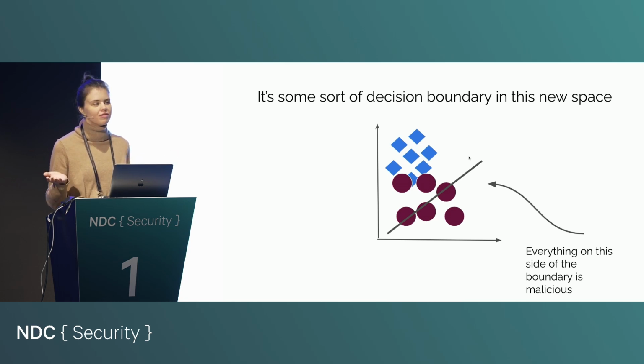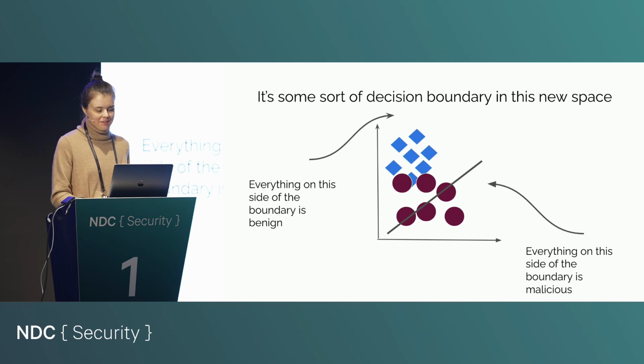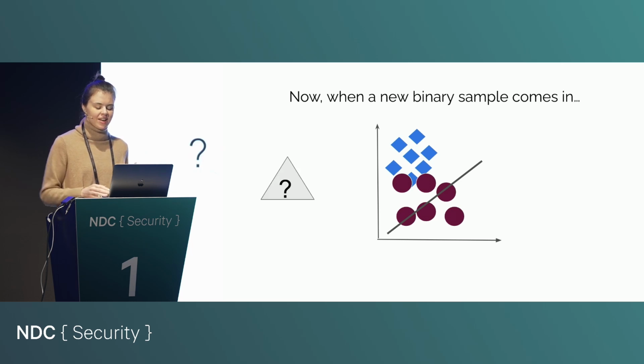So there you go. We've successfully created our first very poor machine learning model, but there it is. Now, of course, we want to be able to use this model to classify when we get a new binary whether it's a malware or not, because we might want to do something about it if it's malicious. So how do we do that?